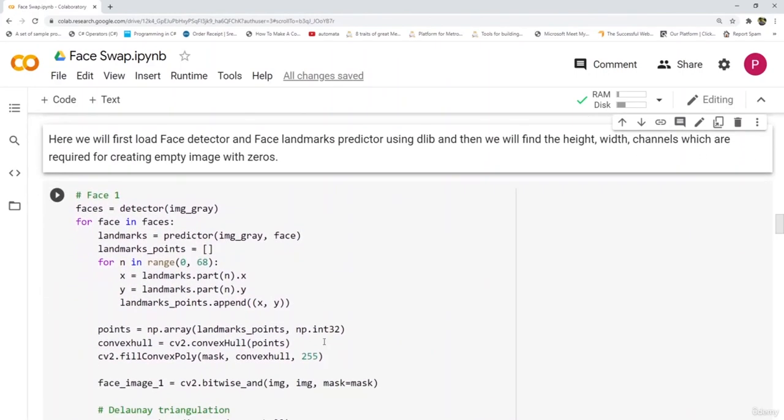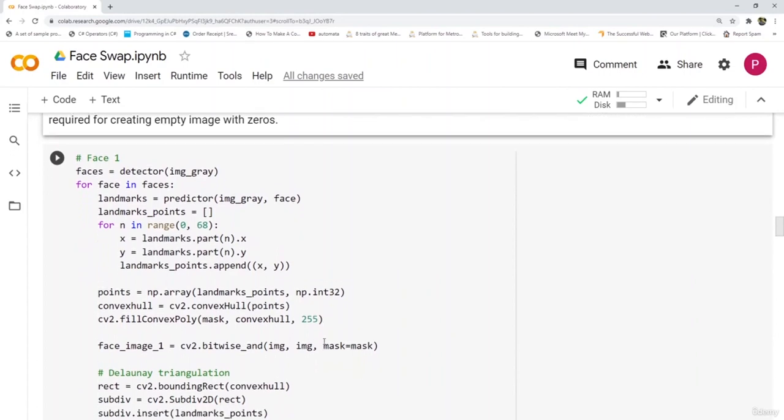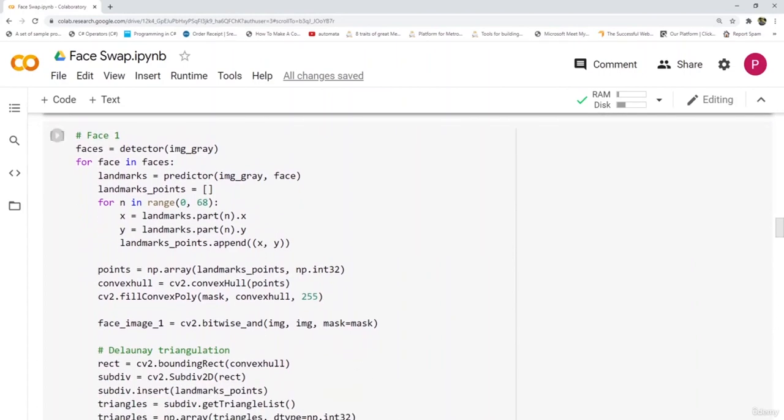Now this is the most important part. Here you can see that firstly we are working on face 1, that is the source image. In this source image we are creating a function which will detect the landmarks using the predictor function and store them. So first we need to pass the image to the detector, then that object will be used to extract the landmarks using the predictor.